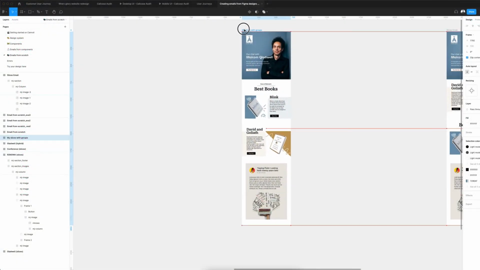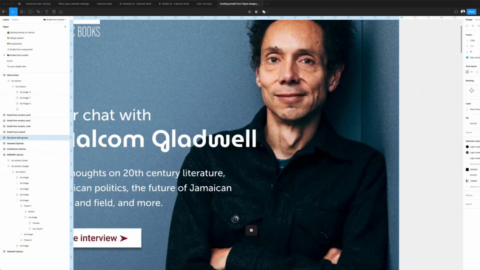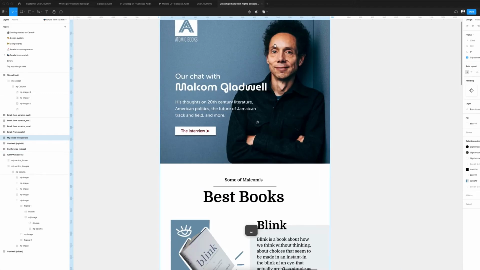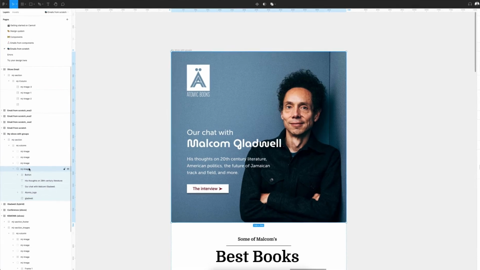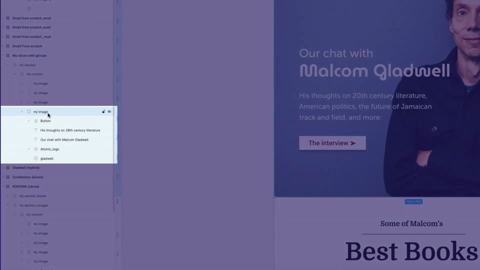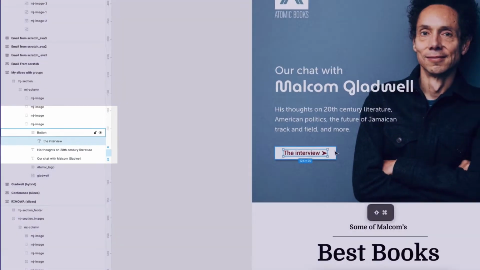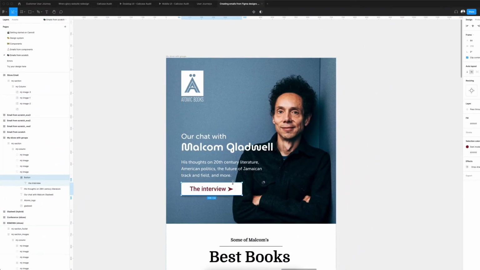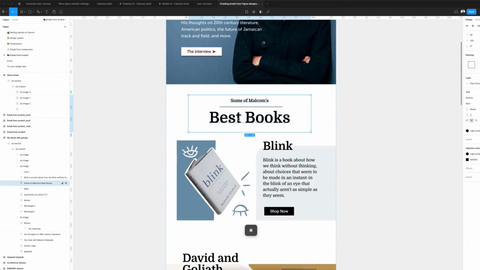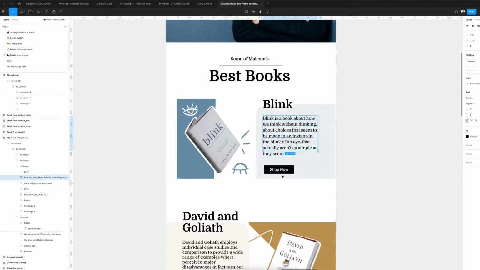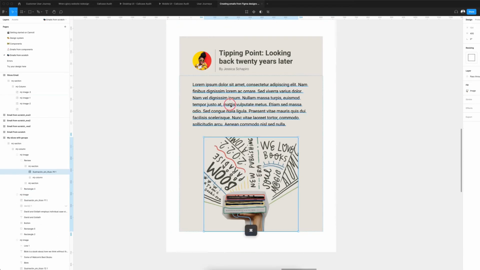I know a lot of you will want to design these images, not just import them into Figma and arrange them. We can actually create any design within Figma, group it, and name it MJ image, and Cannoli will flatten it for us, creating a 2x raster file when you port into Cannoli. This should save any company using image slice method time, as we do the slicing to code all in one step. Here, you can see the same slices, but these have all of the editable elements within them.